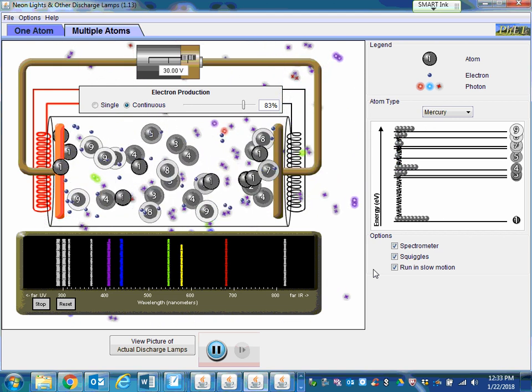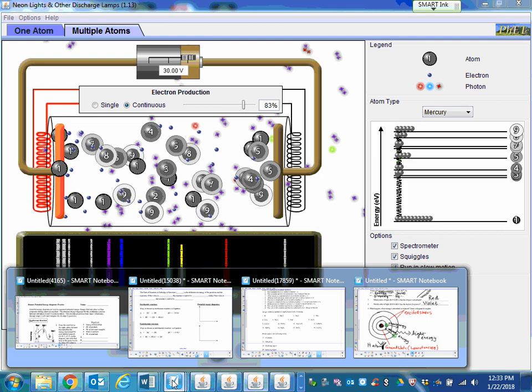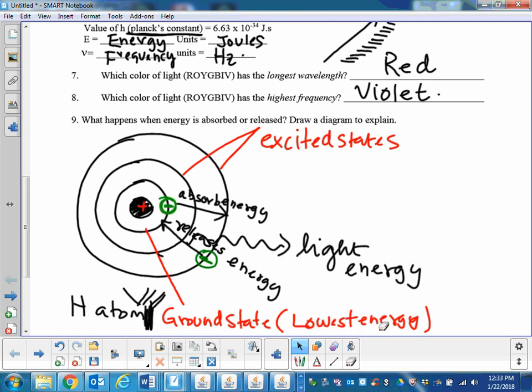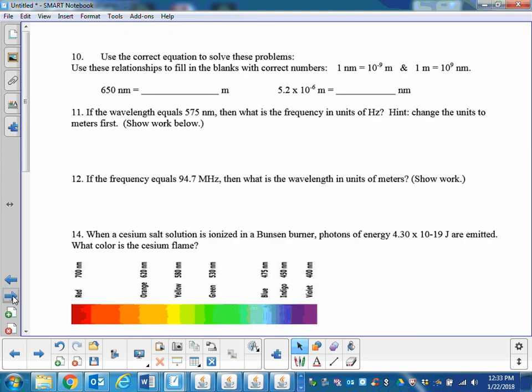Okay. We're going to go back. So guys, this is the theory behind the lab that you did. And you kids should be able to explain this. Are we good? When you get a lab test on Tuesday, you should know this information. Are we good? Okay. So the next thing you need to know is you need to be able to do